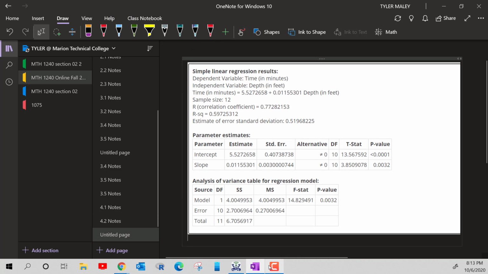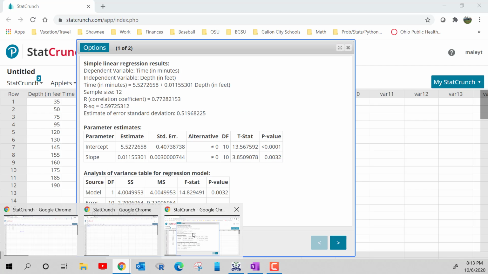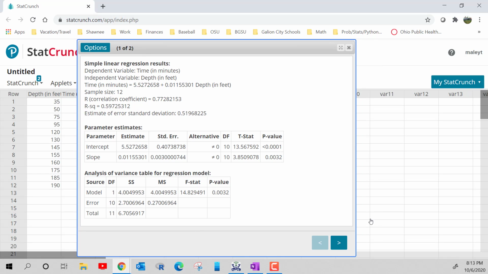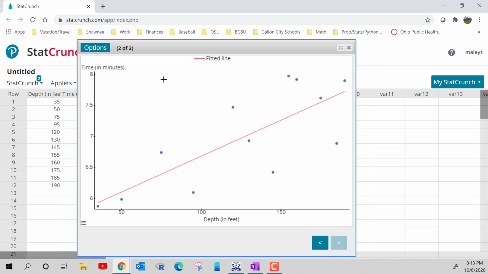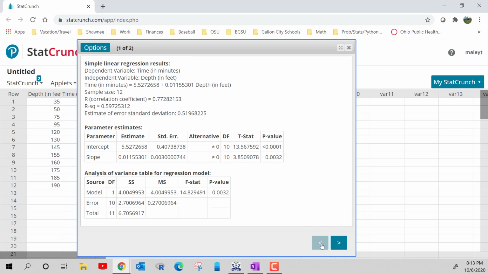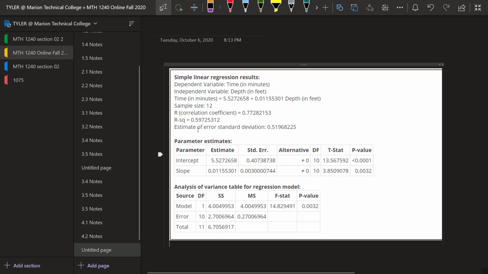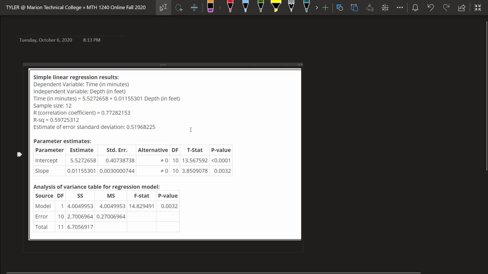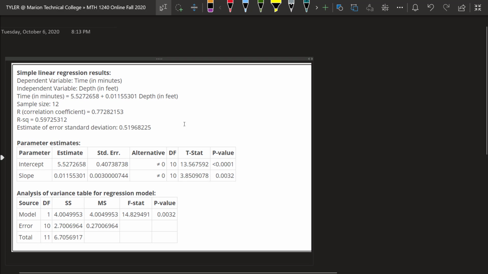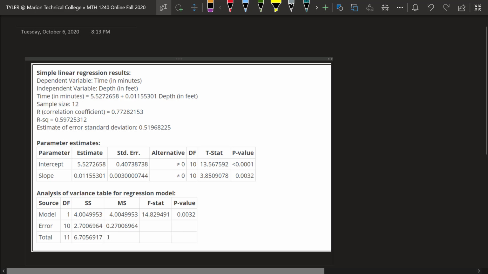And then also I want to point out another thing. Notice it says 1 of 2 at the top. If I click on the right arrow here, this just gives me a nice scatter diagram, and the red line is that fitted line. In other words, that's the least squares regression line of best fit, right? So that's the line that we found using this model. So this is the printout that StatCrunch gives you,